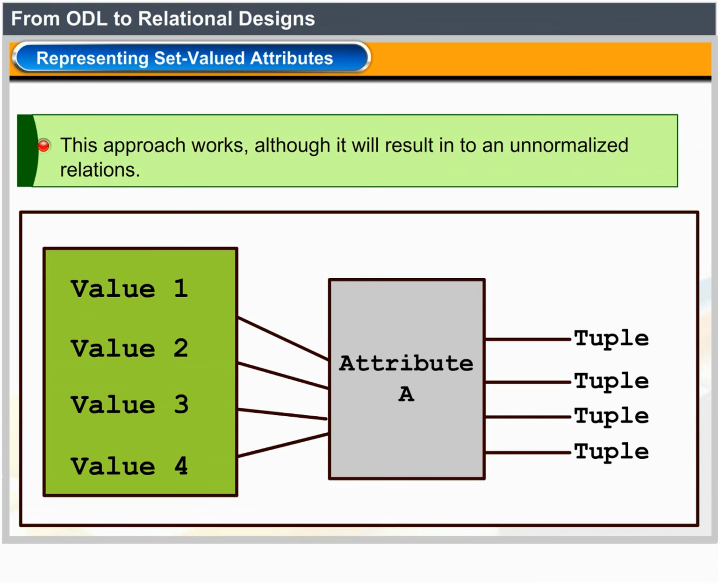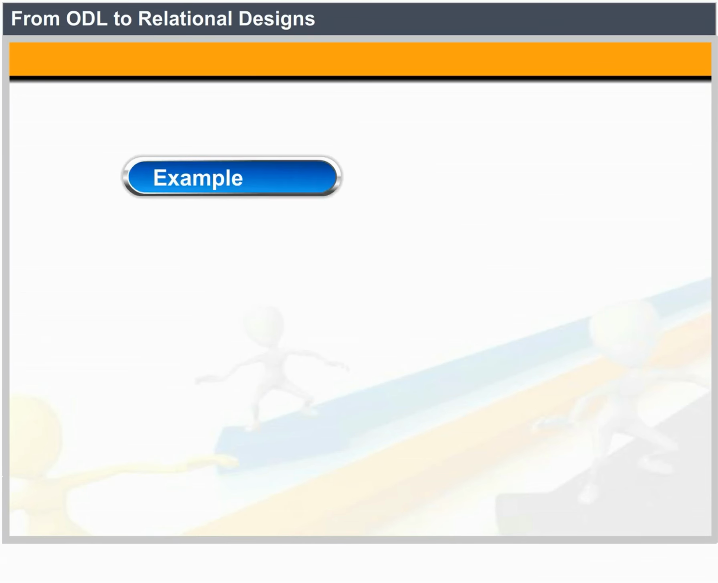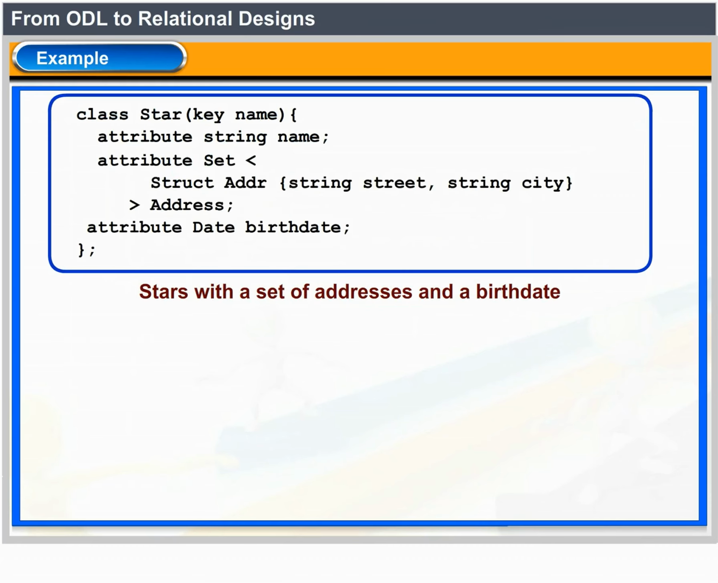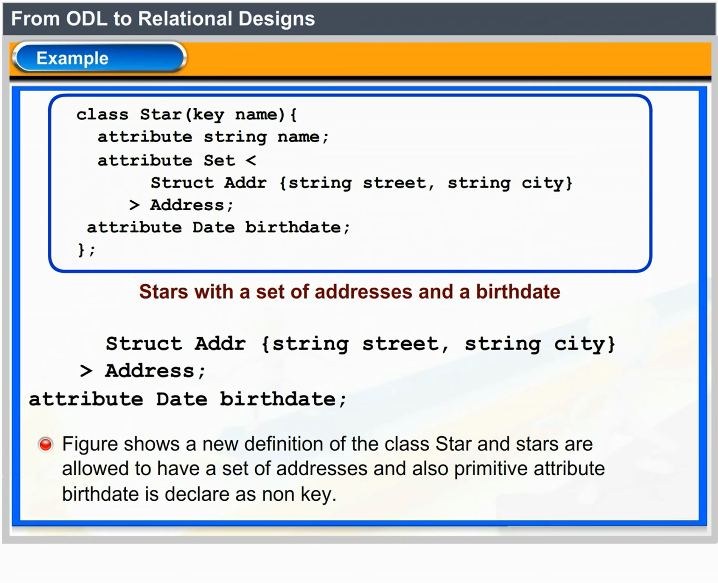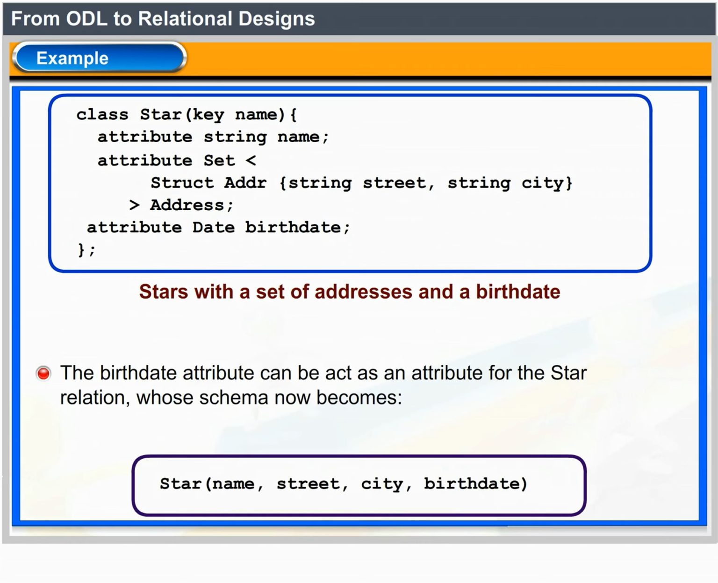Example: stars with a set of addresses and a birth date. The figure shows a new definition of the class star in which we have allowed stars to have a set of addresses and also added a non-key primitive attribute, birth date. The birth date attribute can be an attribute of the star relation, whose schema now becomes: